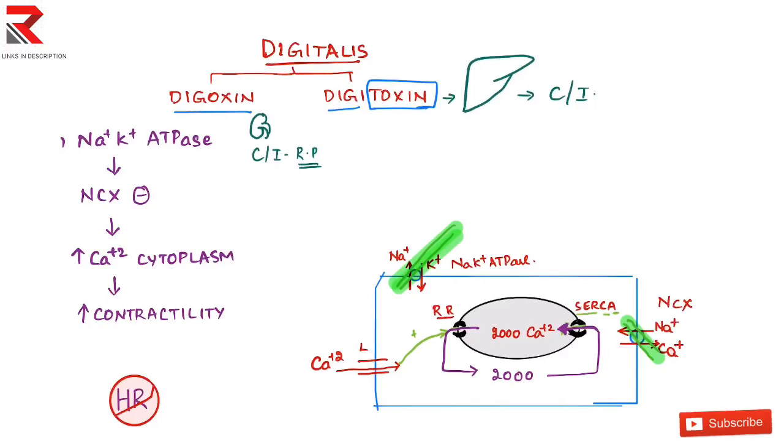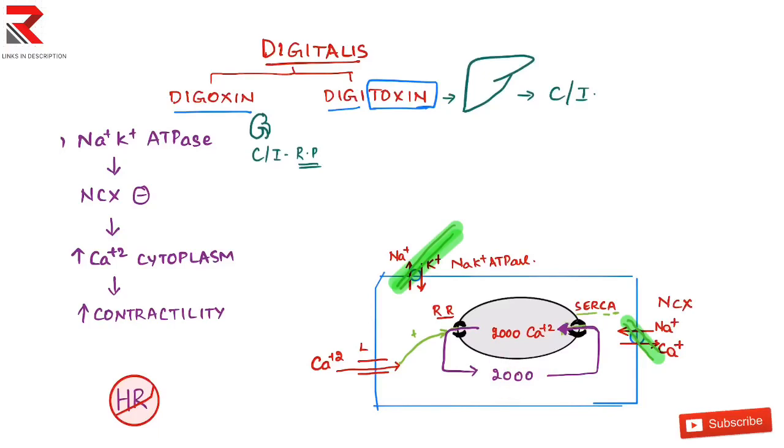After some time, your cell or muscle must also relax. So for relaxation, this calcium is again taken back into the sarcoplasmic reticulum with the help of the sarcoplasmic or endoplasmic reticulum calcium ATPase, that is SERCA. With the help of SERCA, the calcium is taken back, and in this period the muscle relaxes. In this way, there will be more increase in contractility. Now 10% of the calcium stimulated more calcium release, and in another cycle more calcium entered, and again more calcium is released. In this way, there is an increase in the calcium inside the cytoplasm.